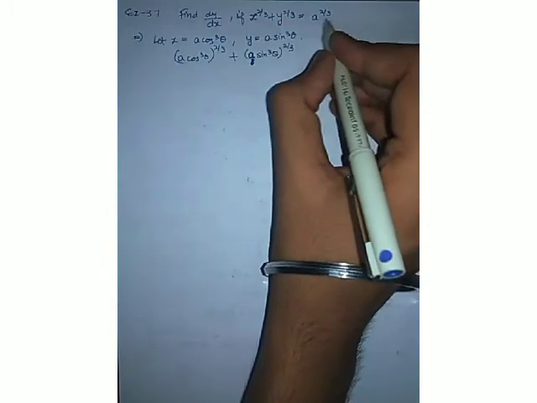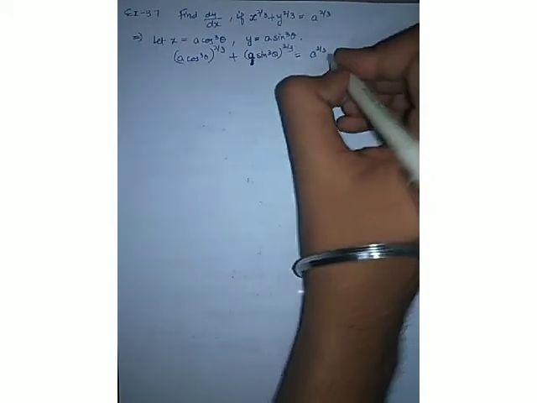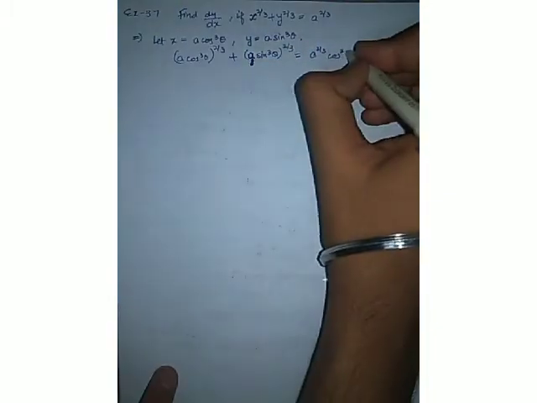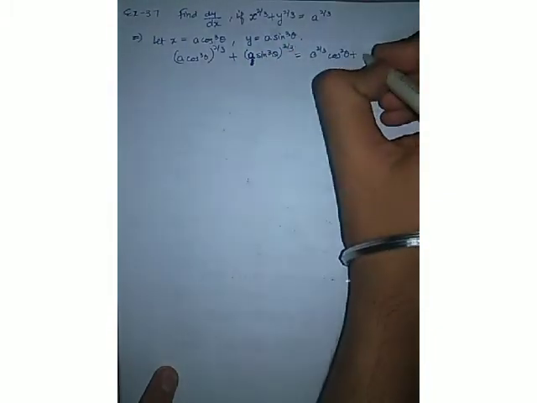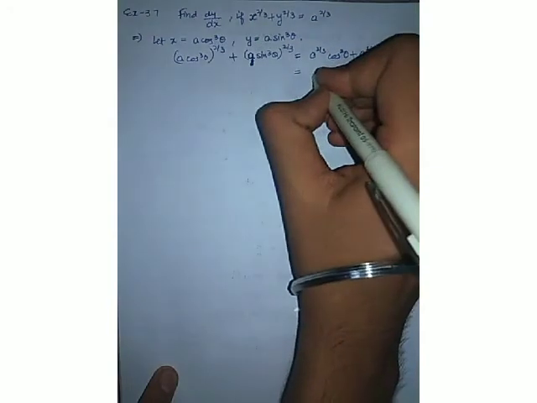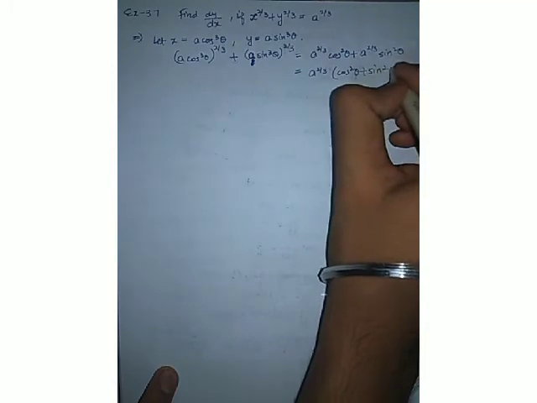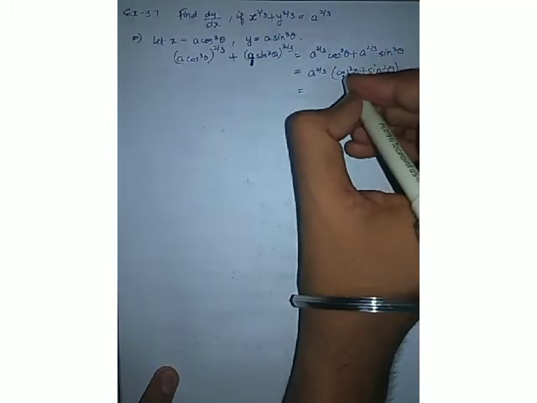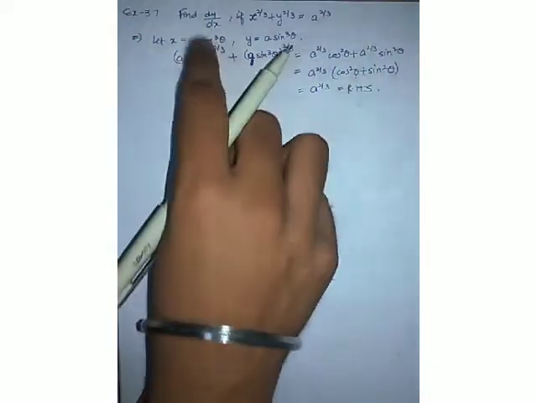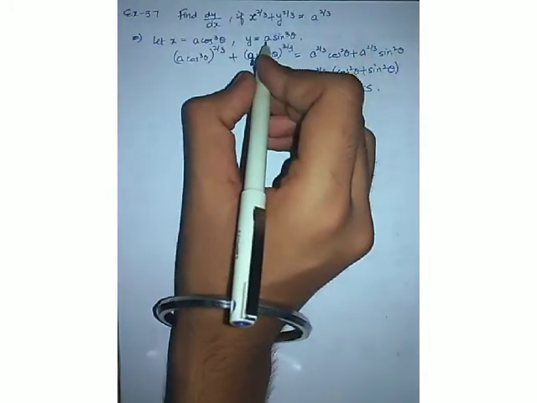Now don't write the right hand side because we have to prove this thing equal to the right hand side. You will get a raised to power 2 by 3, then cos cube will be multiplied by 2 by 3, 3 will be cancelled out. You will only be left with cos square theta plus again a raised to power 2 by 3 and again sine square theta. Now what is the common factor here? That is a raised to power 2 by 3. You will get cos square theta plus sine square theta. Now everyone knows sine square theta plus cos square theta is equals to 1. You will get a raised to power 2 by 3, which is equal to RHS. So these values are satisfying this equation. That is why we will take these values as the parametric equations.